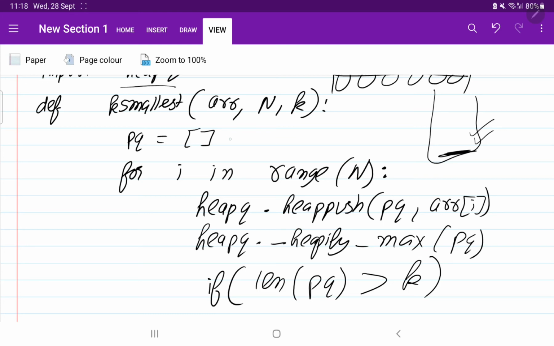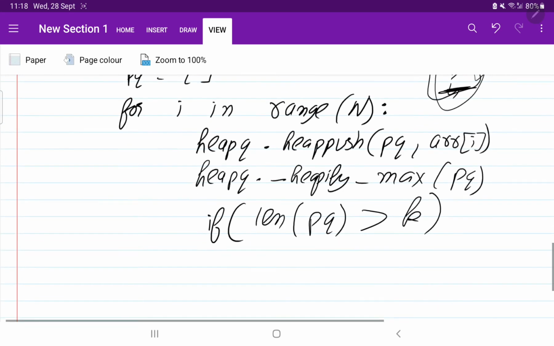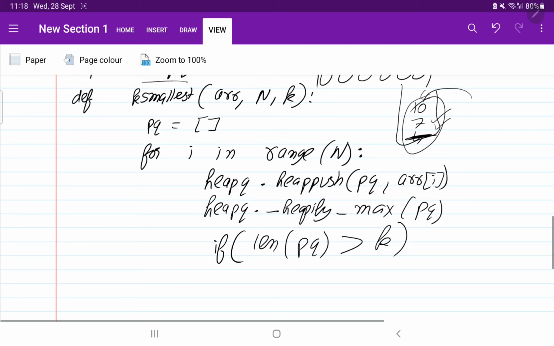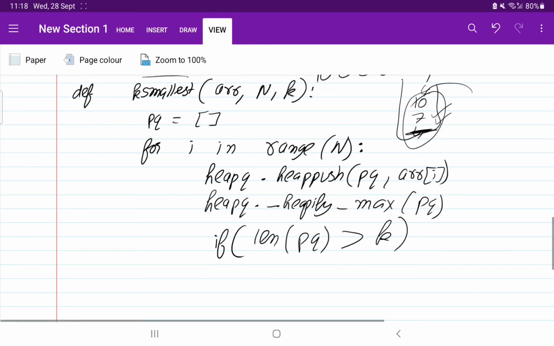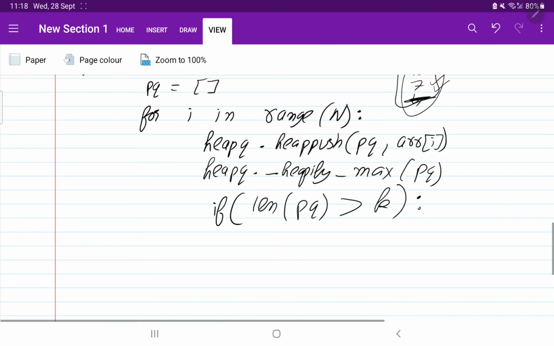Suppose this pq has 3 elements, 10, 7 and 4, then we are not going to insert the fourth element. We are going to keep only 3 elements in this priority queue. So if the length of pq is greater than k, first of all we are going to pop the element.